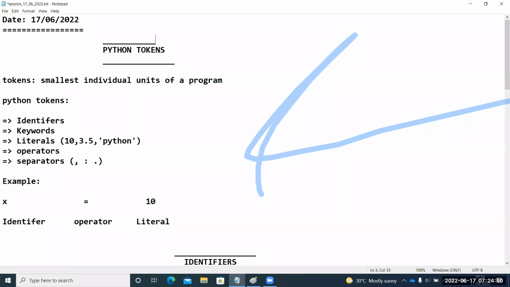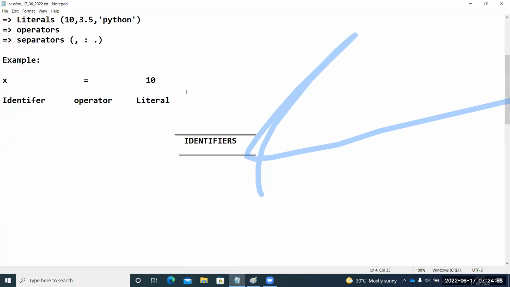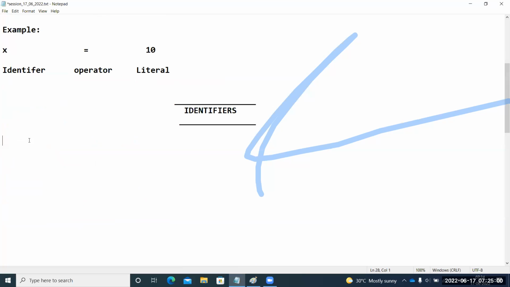Now my question is, how does the compiler or interpreter know this is the rule in the programming language? Can anybody answer? This question is somewhat more technical. You are saying that this is the rule for identifiers. How does it know it is a rule of this Python language? Because every programming language has its own syntax and rules, right? How can you define the rules, guys?